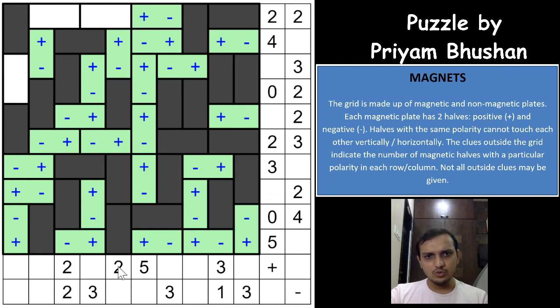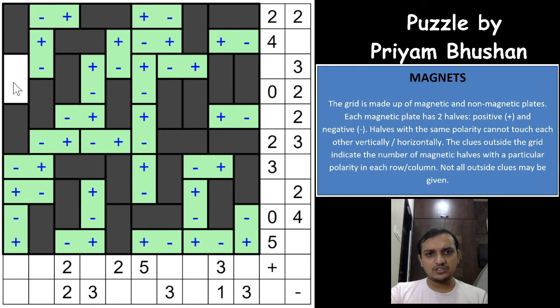so if you see the 2, there has to be 2 positives, correct? If you see the 3, there has to be 3 negatives, 1 2 3, correct? So this cannot be, okay, this is also done. Okay, so if you see these two clues, you need to have 2 negatives. 2 negatives are already done. You need to have 2 positives. This is 1 positive, so the other positive will have to be this. This is a positive, a negative here, right? So the 2 is fulfilled. This can be taken out, and 2 negatives are already done.